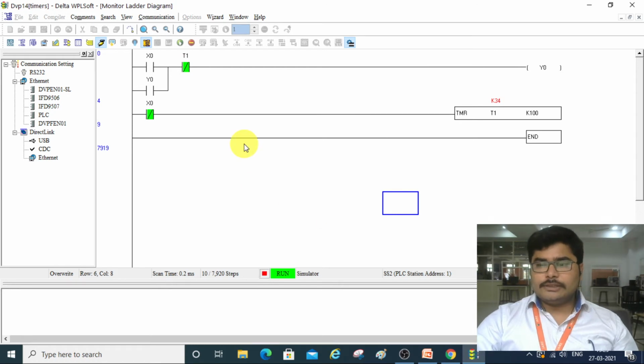Okay, so see here, initially before you press the switch, this normally closed contactor is in closed mode. This is in open mode. This is a normally open contact, this is a normally closed contact. So when the switch is in open condition, this will be in closed mode, so your timer will start counting value and it will count up to K100. Right? So whenever it reaches K100, this normally open contact will